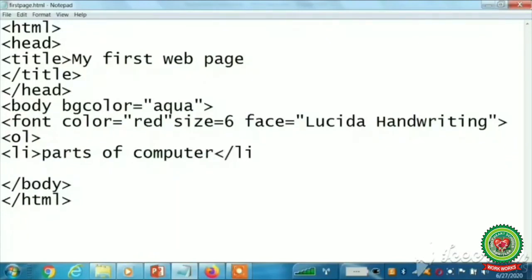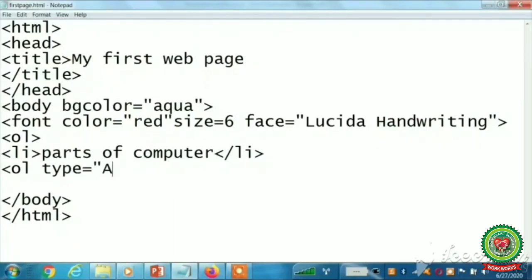I will close the li tag. Now I have to make another list, means a list within a list. For this, again I will write the ol tag, and here I have given type is equal to, in double quotes I have written a, angular bracket close.